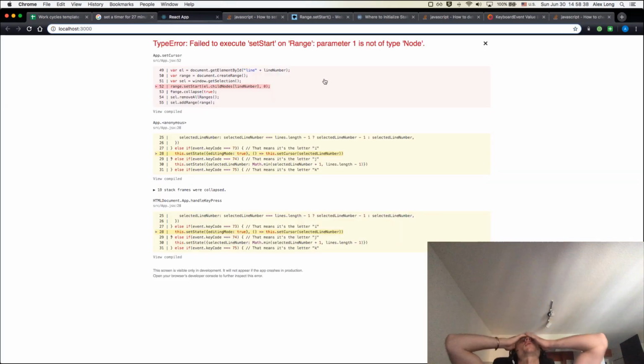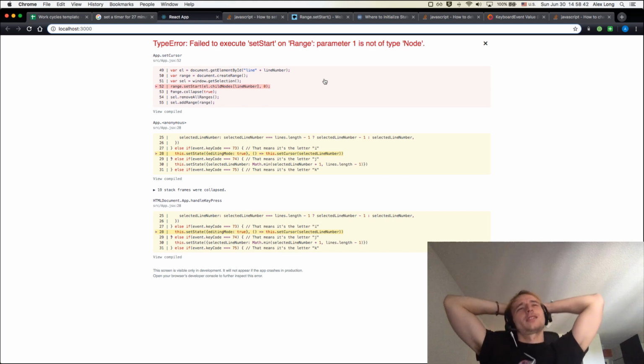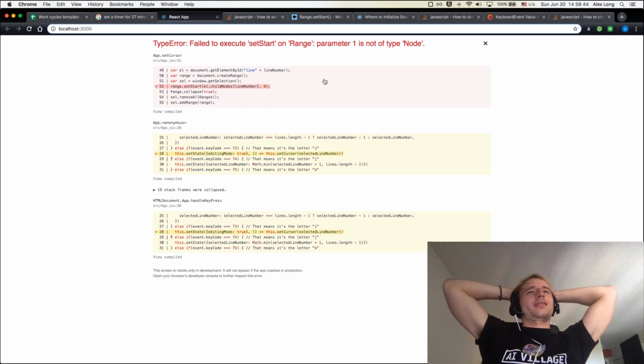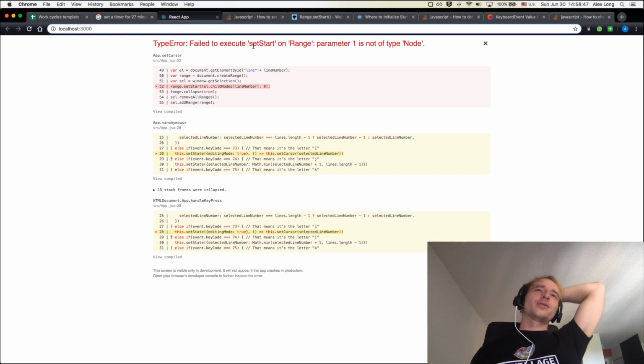So the problem that we hit before is that, I don't even know how to explain it. It's just that we're trying to use this content editable thing and we're trying to set the cursor and there's